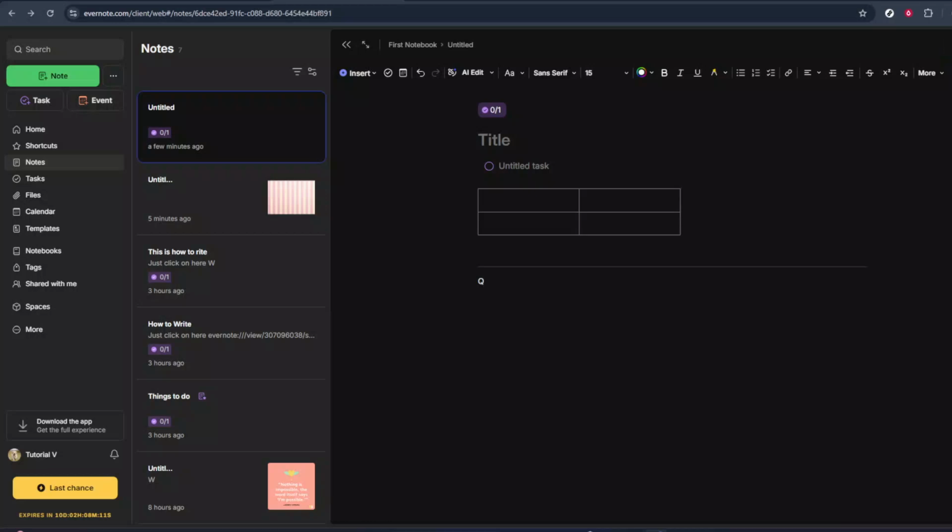In today's video, I'm going to teach you how to edit an image in Evernote, whether you're adding a quick annotation, highlighting something important, or just making a visual note clearer. Evernote makes it really simple to edit images directly inside your notes. In this walkthrough, I'll guide you through the basic process step by step so you can confidently make edits without